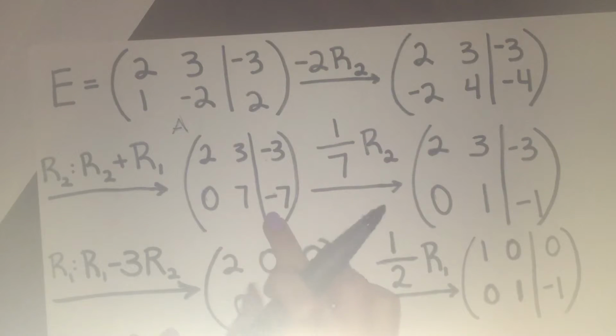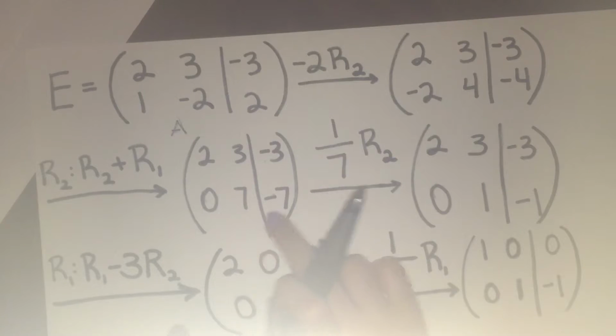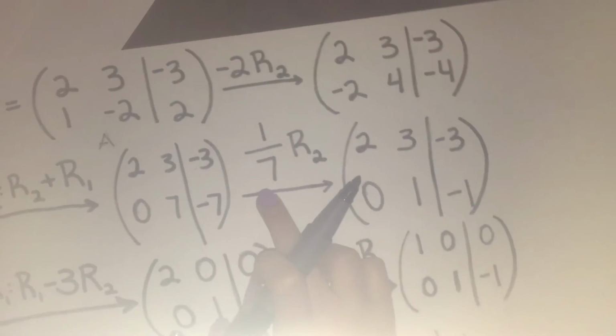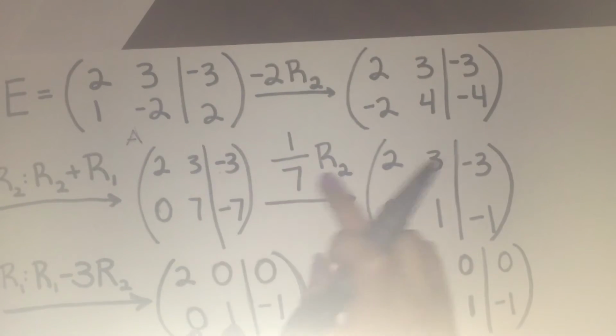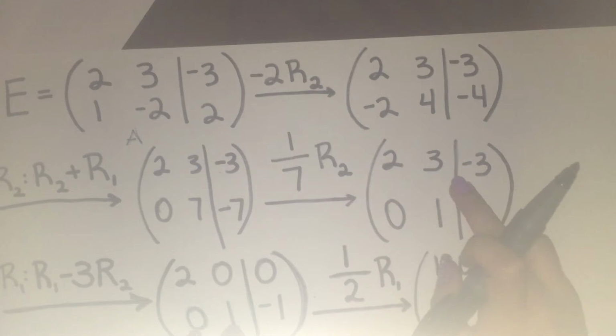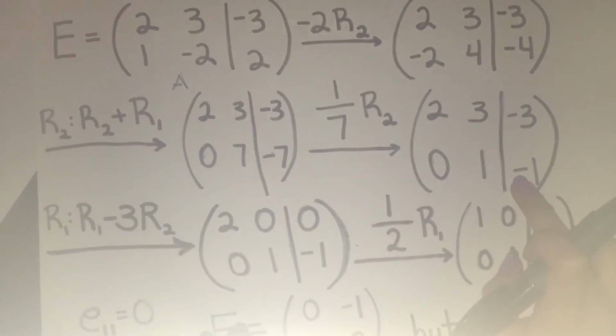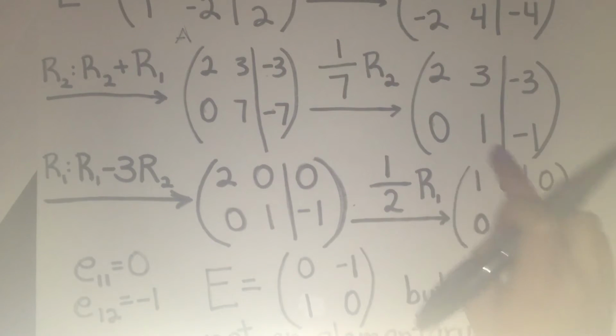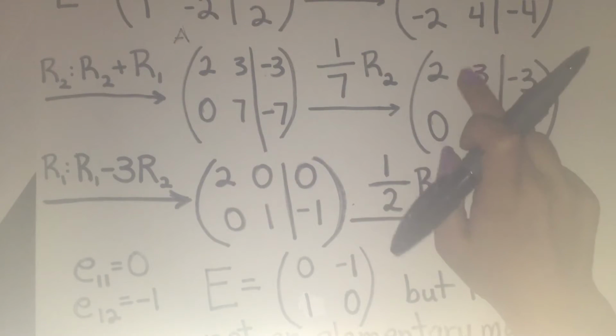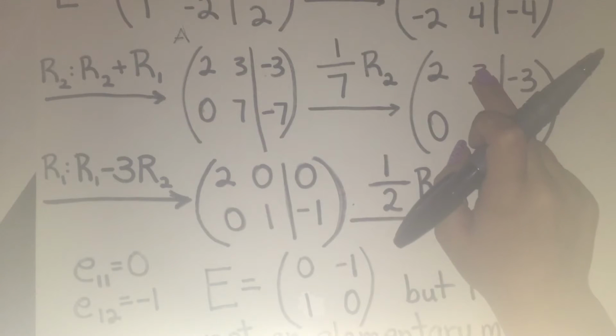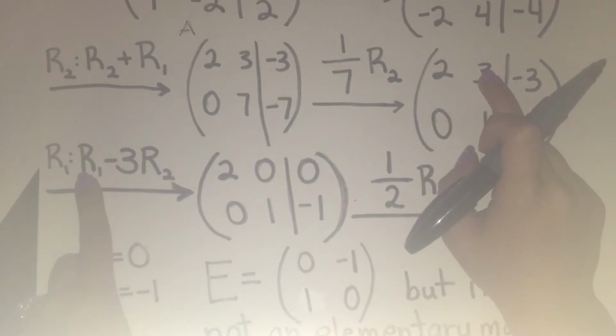So now, since we're reducing to the identity matrix, we want this to equal 1. So let's divide the second row by 7, and we would have 2, 3, negative 3, 0, 1, negative 1. Alright? And now the next operation we want to do is to get rid of this entry and make it equal to 0. So we want to subtract